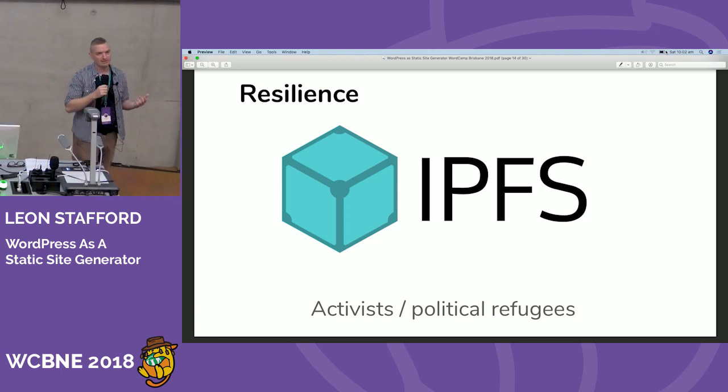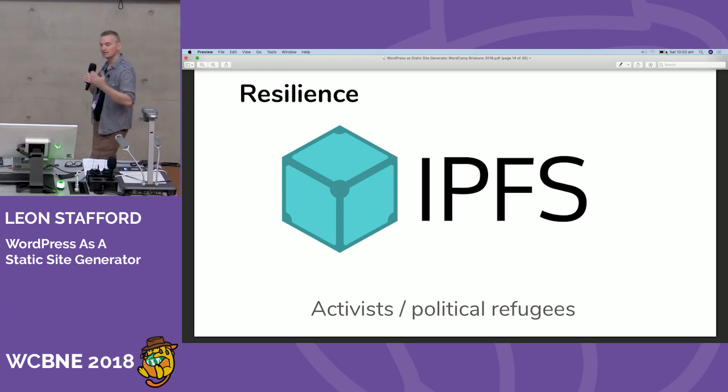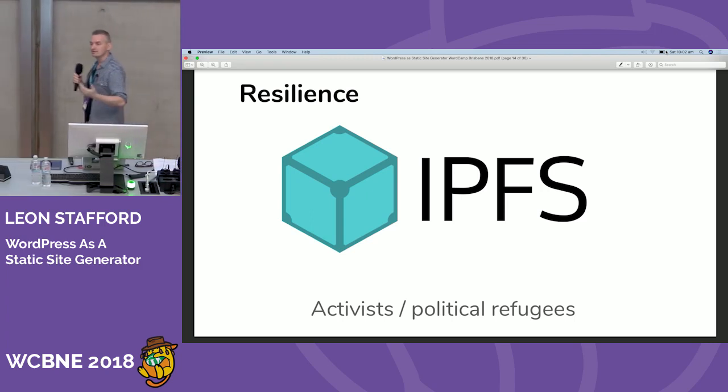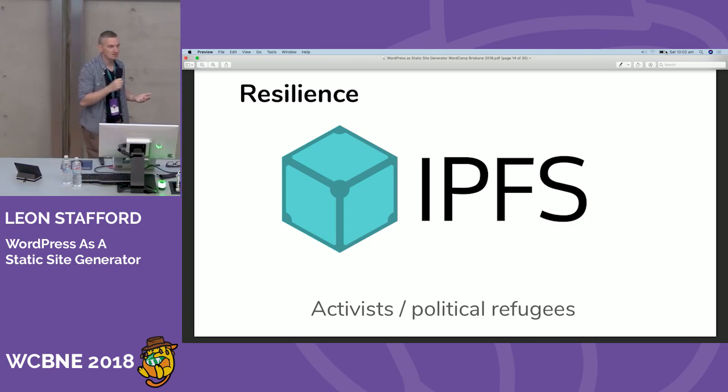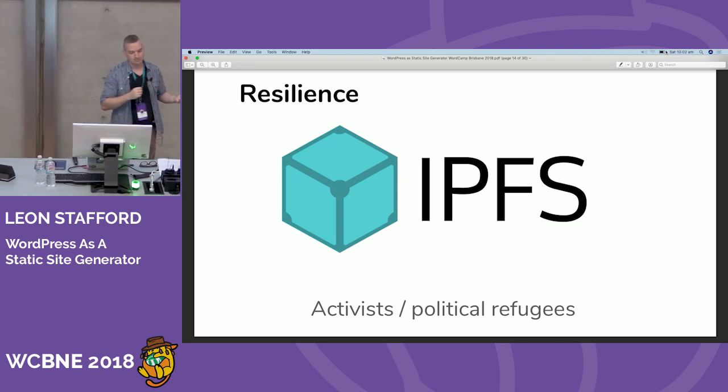it's a distributed decentralized network. And you can also get a static site and put it on here. And this is not something that most of us are going to be looking at doing. It's not going to be a business case for us. But it's cool to think about in terms of,